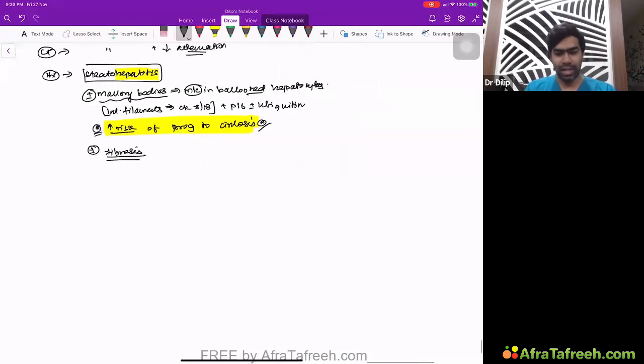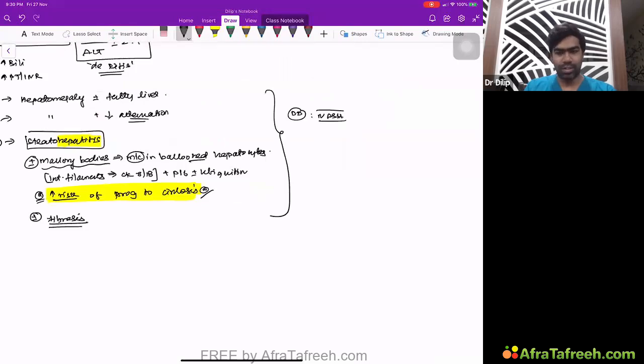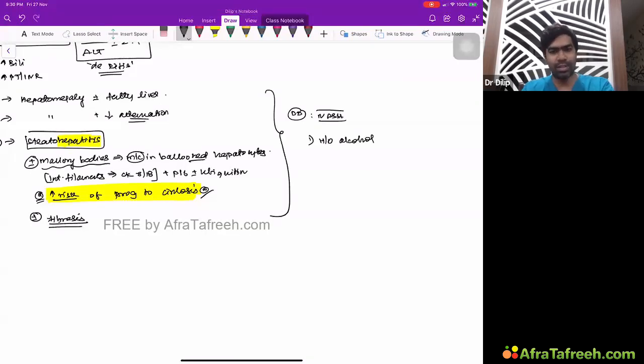But please understand, using CT, ultrasound, and biopsy, you cannot differentiate something called NASH, that is non-alcoholic steatohepatitis. So how will you differentiate NASH? To tell it's alcoholic hepatitis, number one, once again, you need to have a significant history of alcohol. You know what we mean by significant history of alcohol. We have discussed that already. There's no doubt about that.